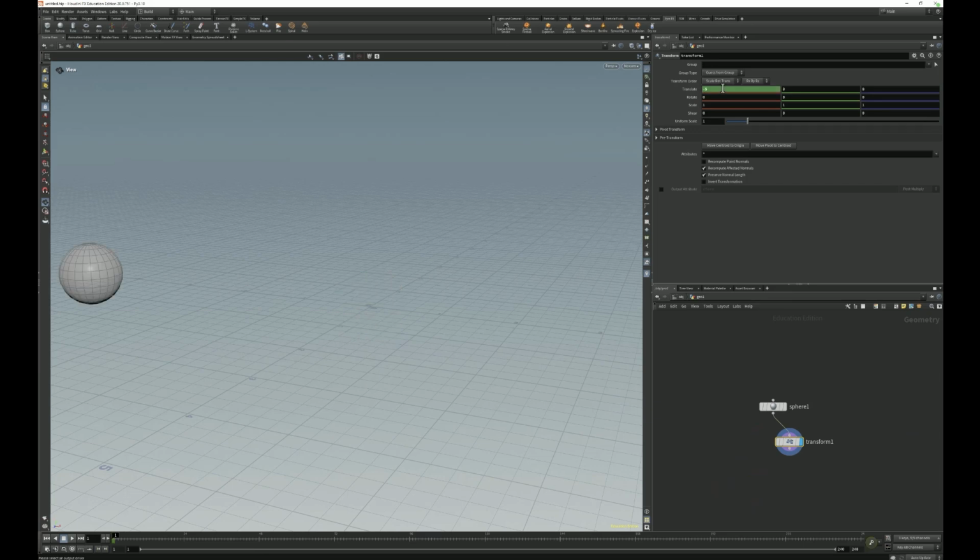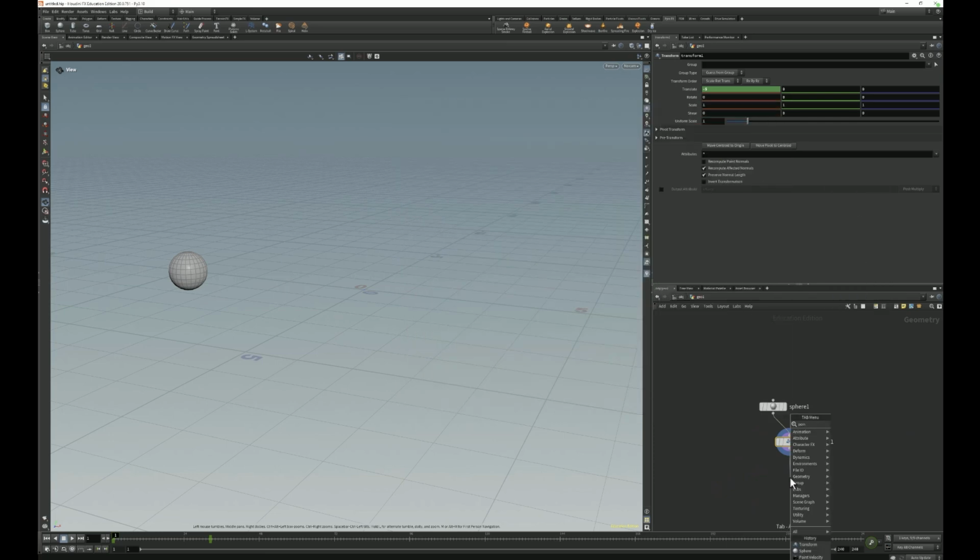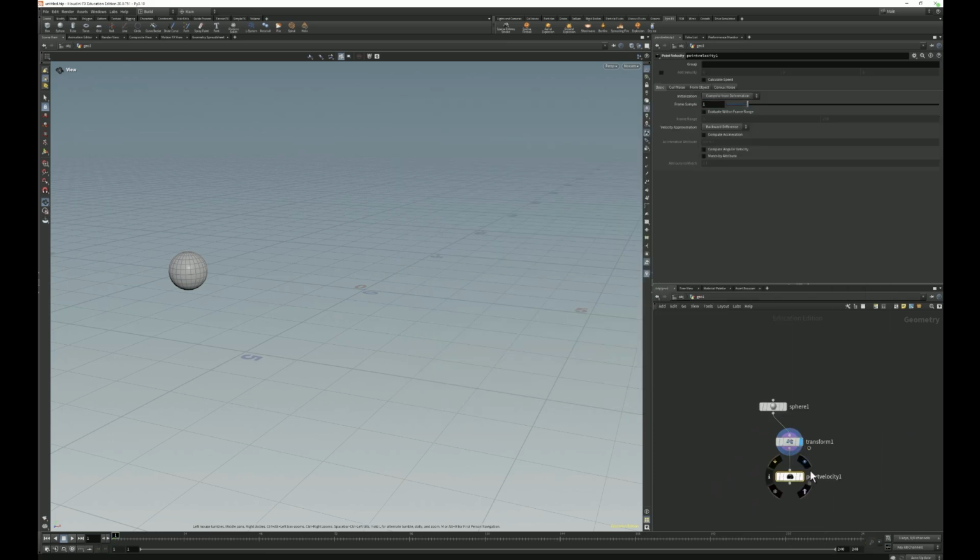I'm going to alt right click, left click to keyframe it, go to like frame 32, and move it to where I want to have it. So I'm going to set it to 5, and it's a bit over there to the right, and so it's just going to move across the screen like that. And obviously we can all imagine what smoke would look like if that was to happen, like a ball of smoke. And so drop down a point velocity node, click on compute acceleration, compute angular velocity, central difference, calculate speed,